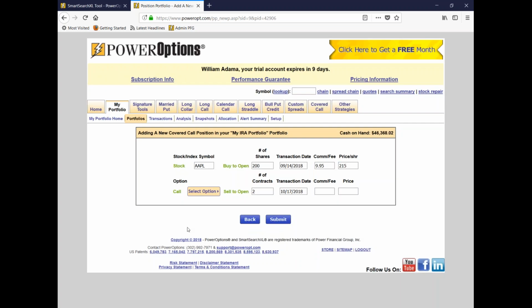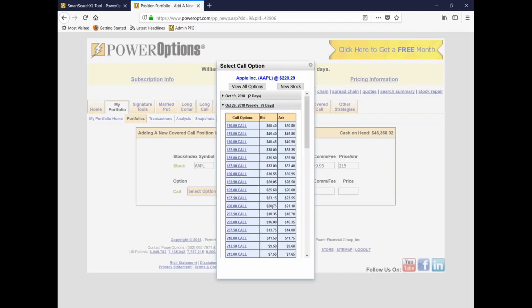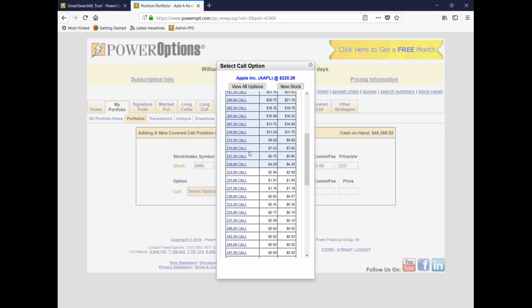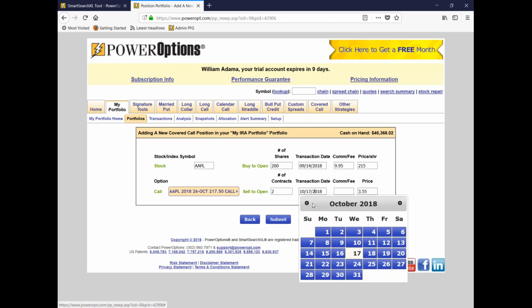I haven't been paying attention to Apple much. I apologize. All right, so we'll put that in at 215. And at the time we sold the October 26 expiration, let's say we sold at 217.5, just out of the money, for 355. And of course, we'll change the transaction date